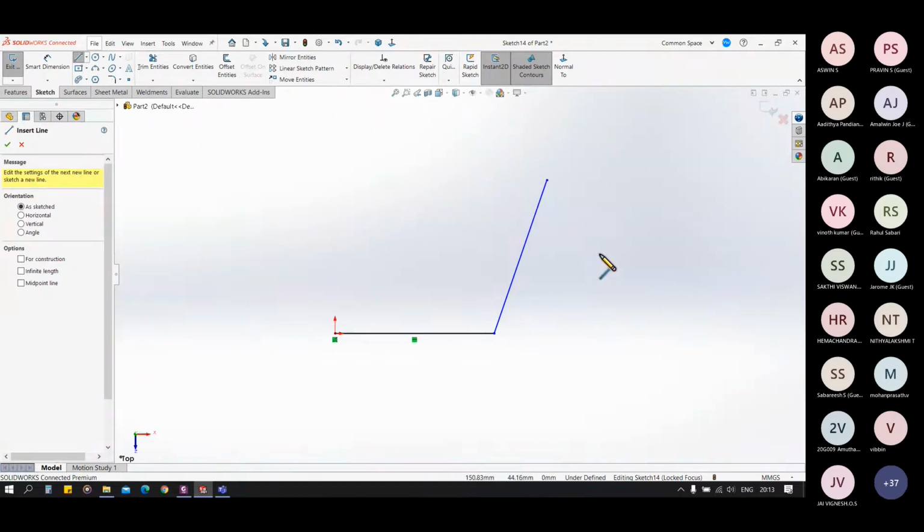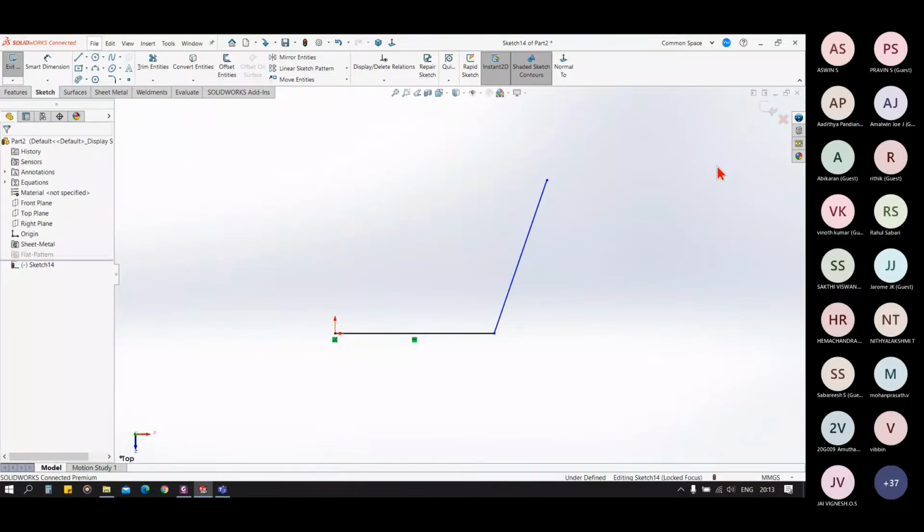In the previous one, we have taken two open rectangles. Can we have more than two? Yes, we can. Okay, sir. Let me show you.